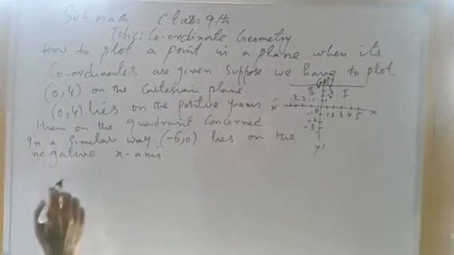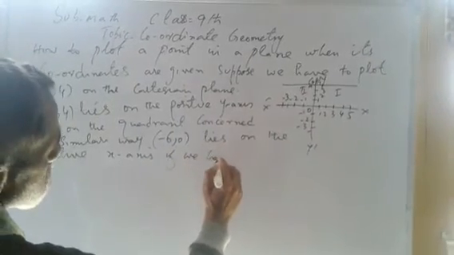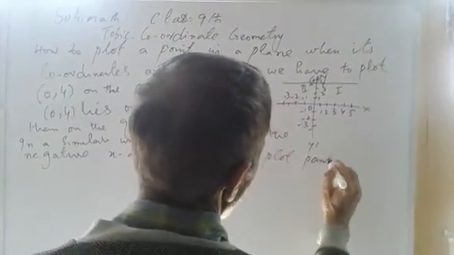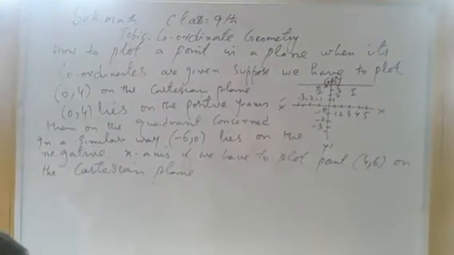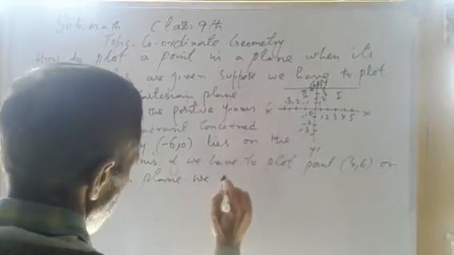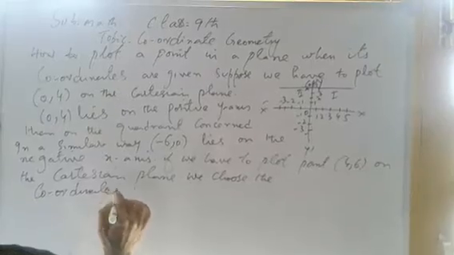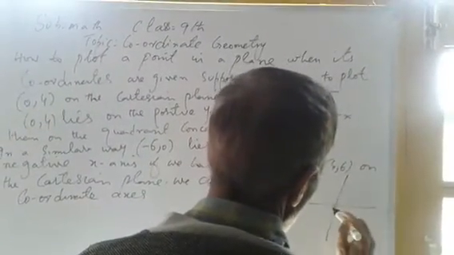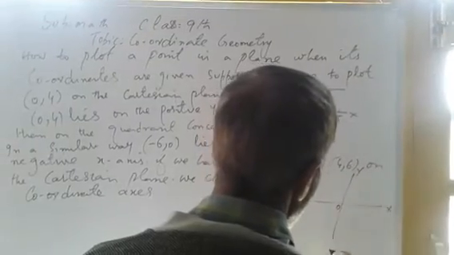After this, if we have to plot (4, 6) on the Cartesian plane, we choose the coordinate axes, such as the x-axis and y-axis. The coordinates of the point (4, 6) tell us that the distance of this point from the y-axis along the positive x-axis